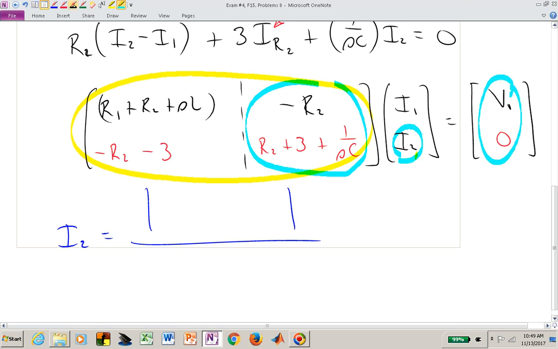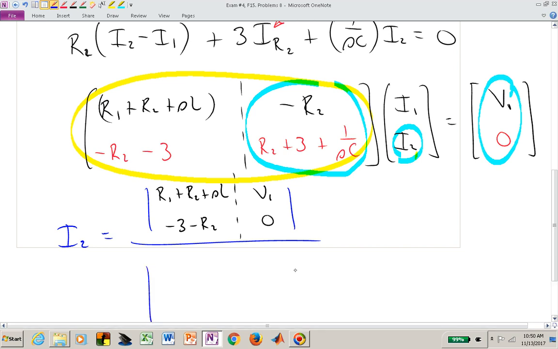So now we have, for this, R1 plus R2 plus SL times minus 3 minus R sub 2. We're replacing that blue highlighted column with V sub 1, 0, the source side,